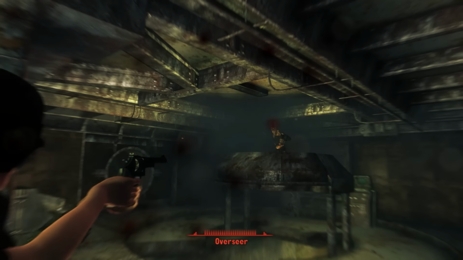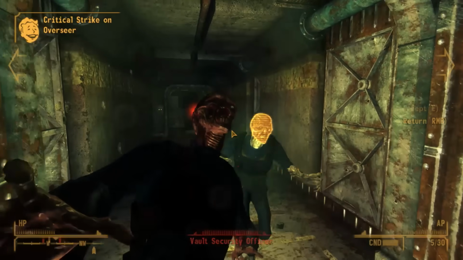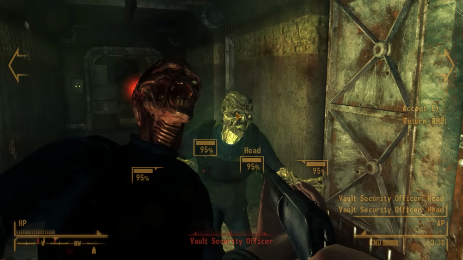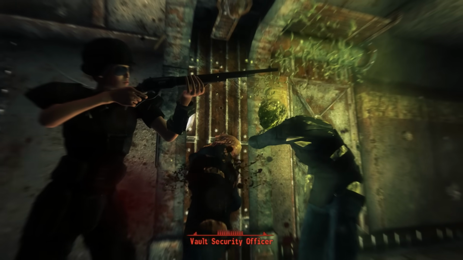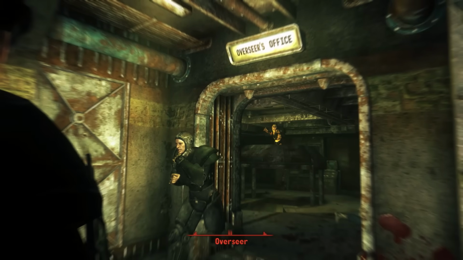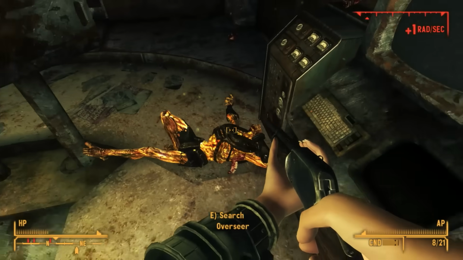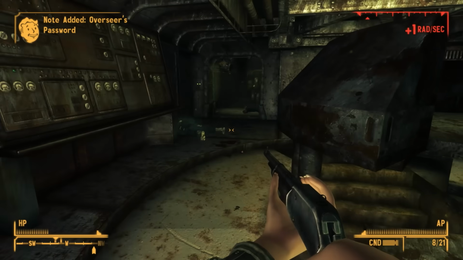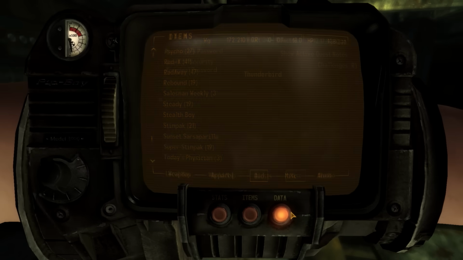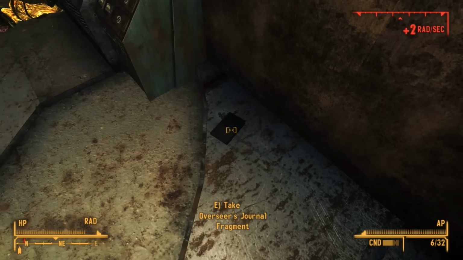Somehow the Overseer was able to summon more ghouls. During the fight, I had to turn around and take care of some Vault-Tec security ghouls that had arrived. With one final blast from my medicine stick, I was finally able to kill the Overseer. And on the Overseer's corpse is the Overseer's password. This unlocks the nearby terminal. But before we use the password to read the terminal, near to the terminal we find the final journal fragment